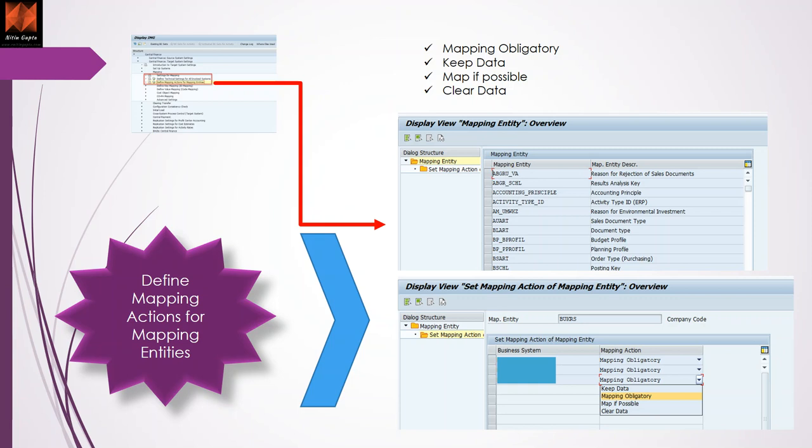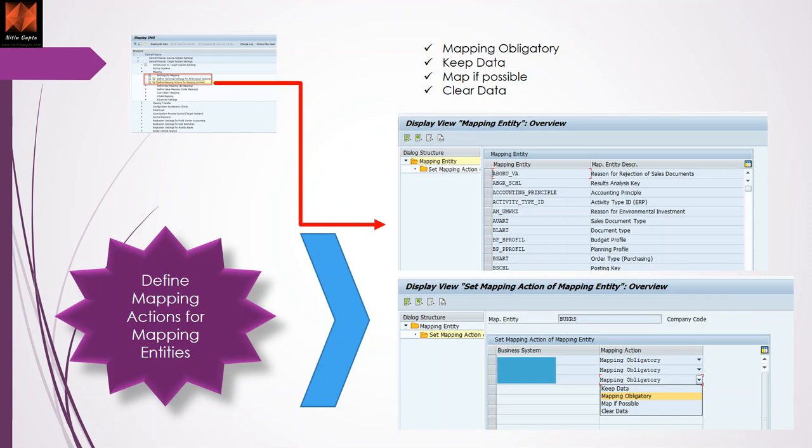If you say keep data, now company code 1000 is in the source system. If your company code 1000 also exists in your target system and you have not changed the naming convention of the company code when running the central finance transformation, then you can say keep data. It will read 1000 on the source system, and when it comes to the CFIN system, it will again read 1000.